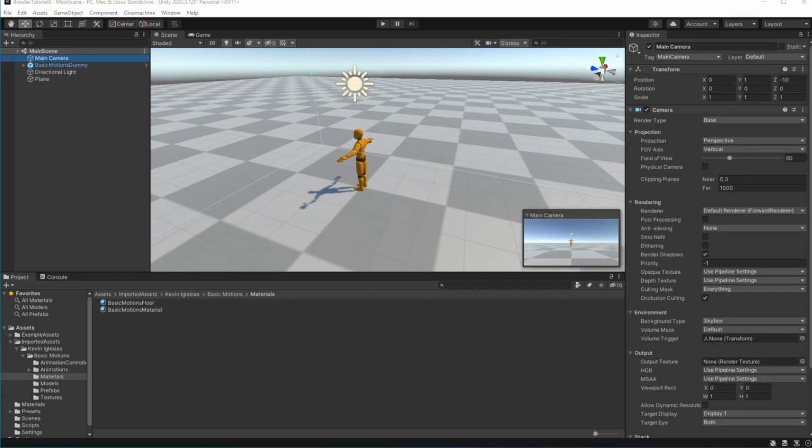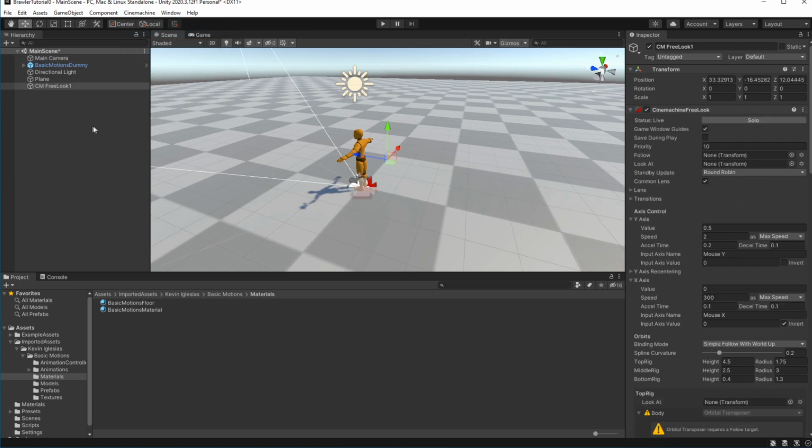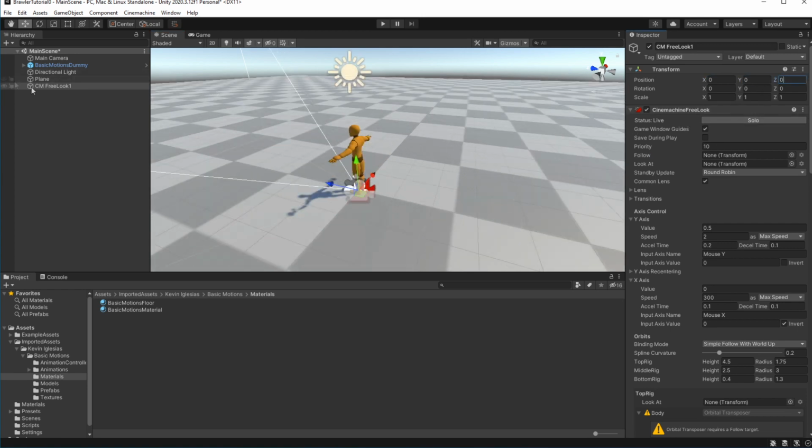We will use Cinemachine to manage our camera. Click on the Cinemachine on the top and create Free Look Camera. Create a container for the character called Player.